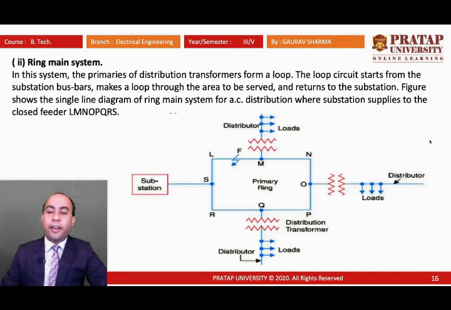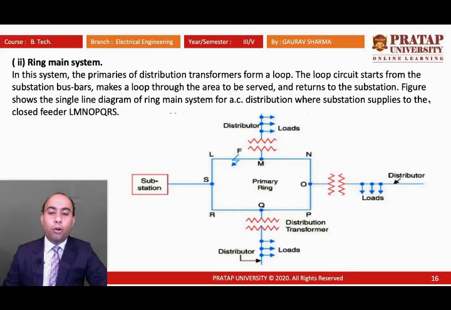Now, next is the ring main distribution. You can easily see here it is a ring which we are making. In the system, the primaries of distribution system transformers form a loop. The loop circuit starts from the substation bus bar, makes a loop through the area to be served and returns to the substation. Figure shows the single line diagram of a ring main system for AC distribution where the substation supplies